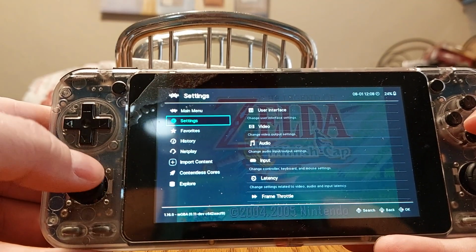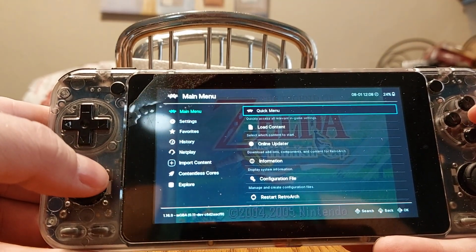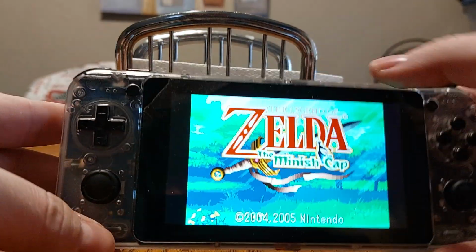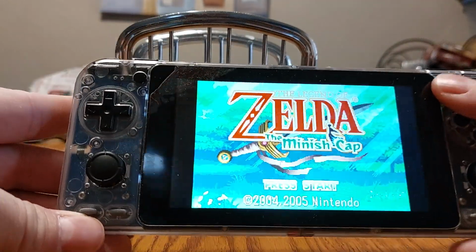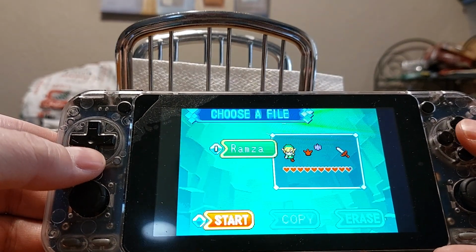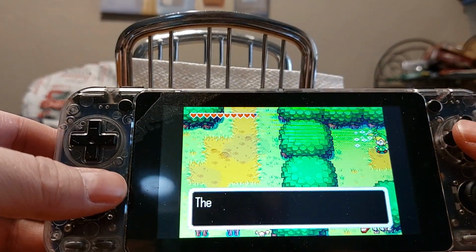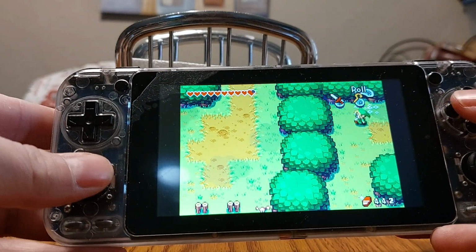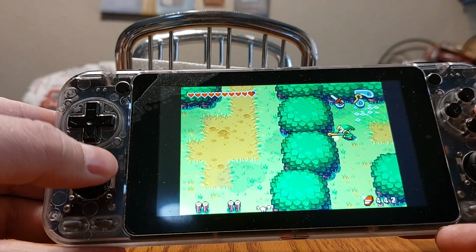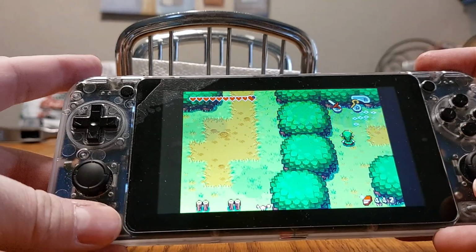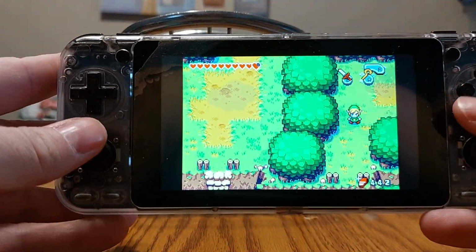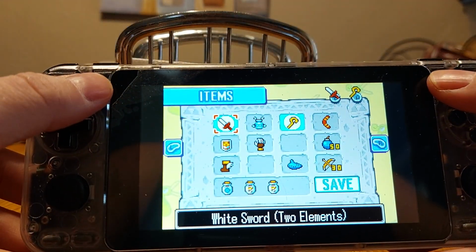So we get out here, let's go back to main, let's go back up to quick, yes, resume, guess what? Push start, guess what? Everything works. Yep. Okay, so yeah, hey, everything works. Look at this. Yeah, boop, boop, boop, boop, boop, boop. Oop. Use the wand here. Boop, boop. This works great. We can pause it, and hey, let's